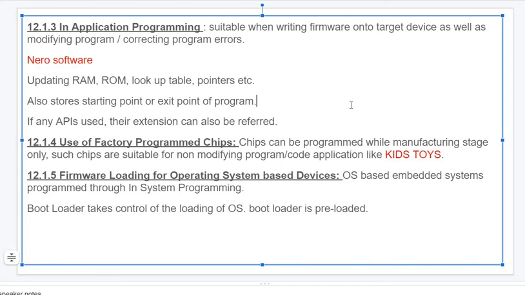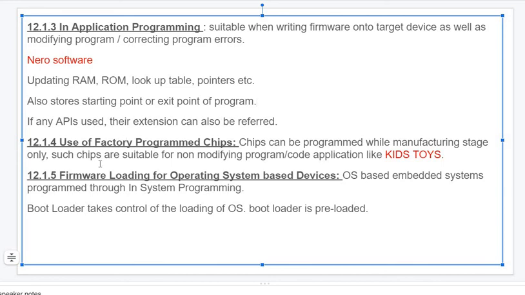Since there is no extra work we can add, or any work we want to remove, the program for these 4 actions is developed and loaded on the memory chip when the chip is manufactured. So what is the use of this? As a user, I do not need to write a new program on the chip. I can directly bring it from the market and use it.